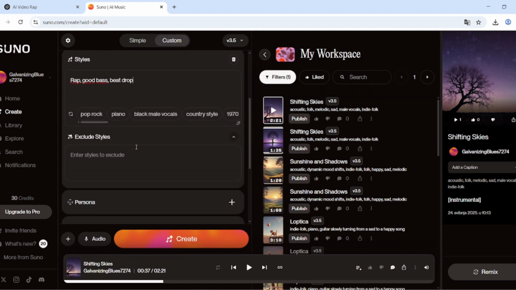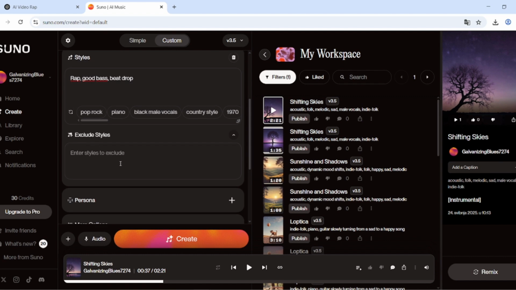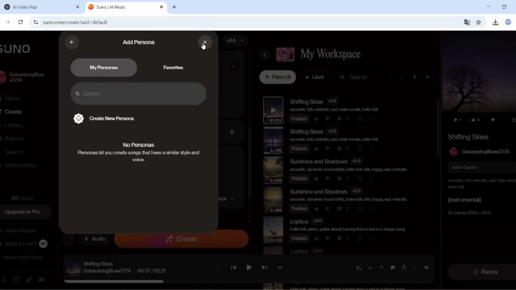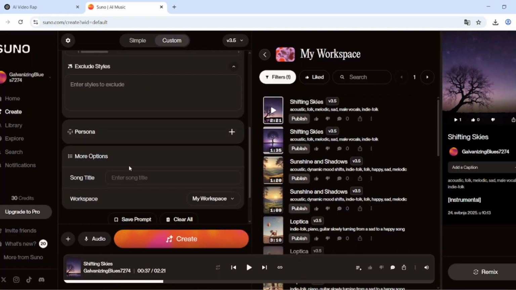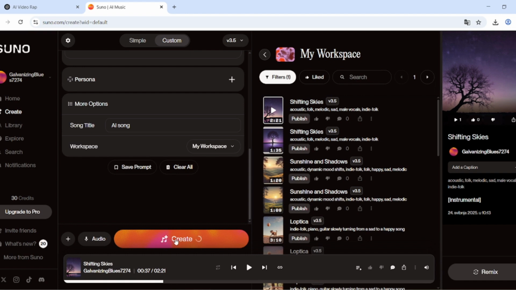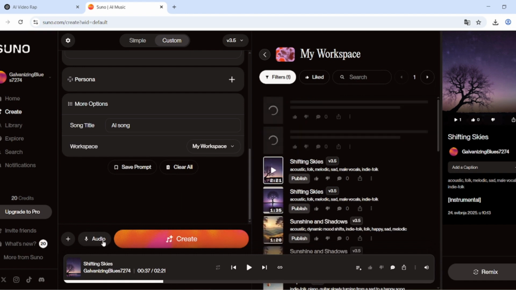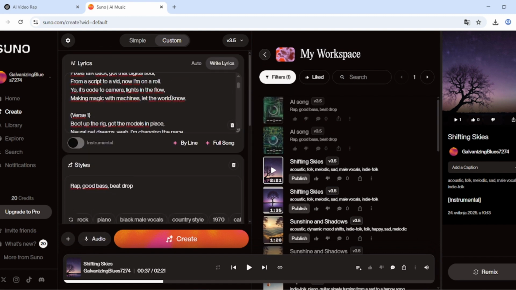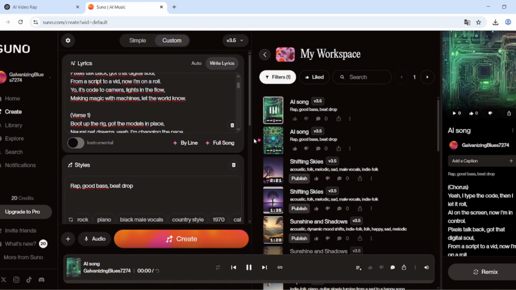Now you can remove stuff if you want, or you can make a persona, but that's all paid, so you are gonna have to pay if you want to do that. You're gonna put the song title in, so here, and we're gonna click create. You can also record your own audio if you want to, or put in your own instrumentals, but since I don't really have that, I'm gonna just make a song. So here on the right, you're gonna see the songs that you made. You're gonna click here, and